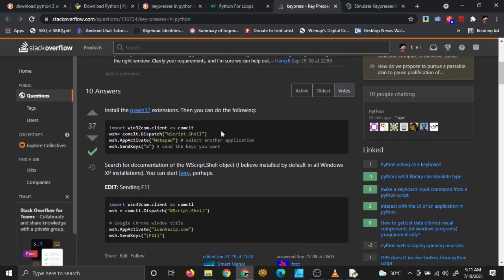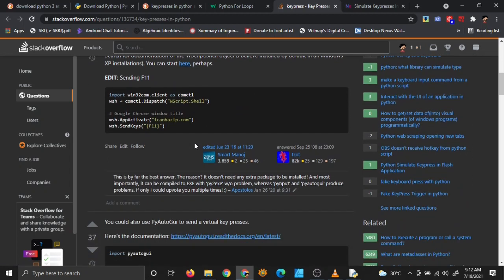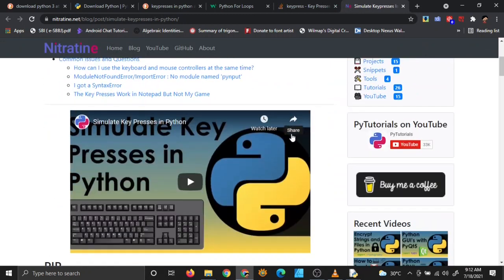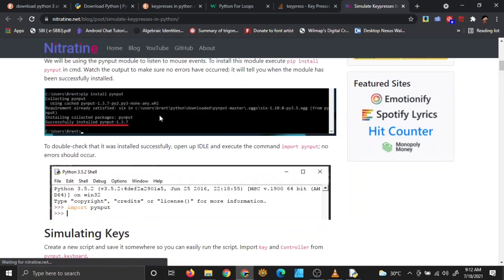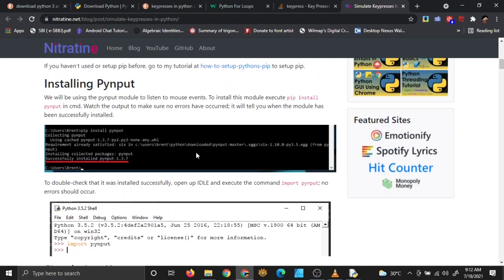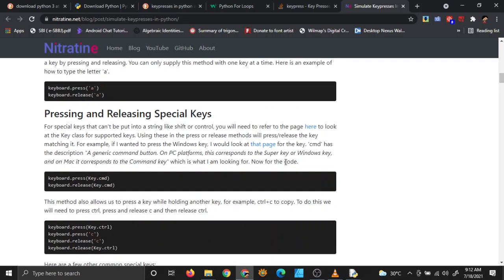Okay, key presses in Python. Let's see the answer. This person is saying that you have to install a PyWin32 extension, and you can then activate key presses, which is okay. And in this blog, they are saying that you can install this pynput module in Python in order to capture key presses.